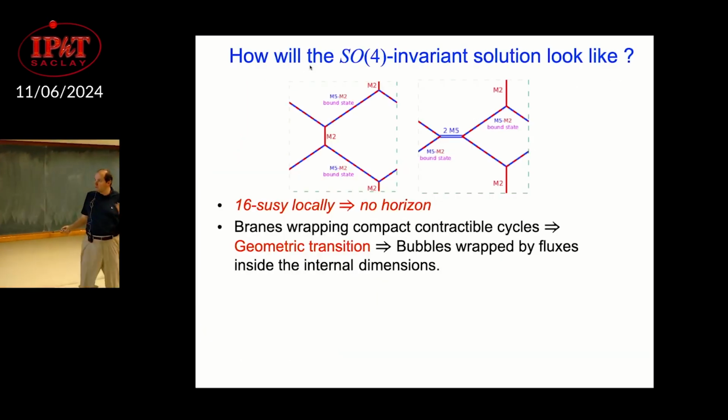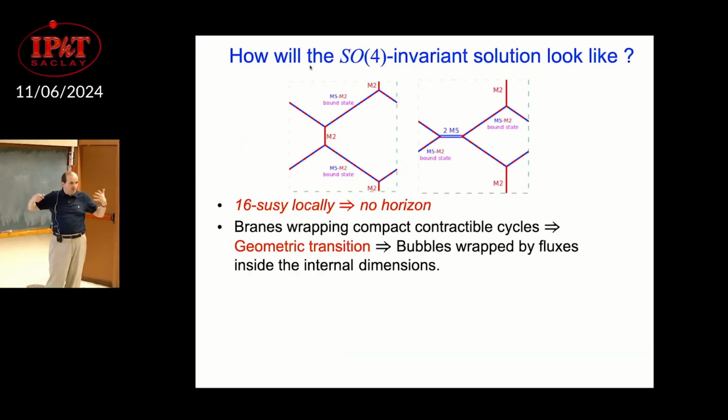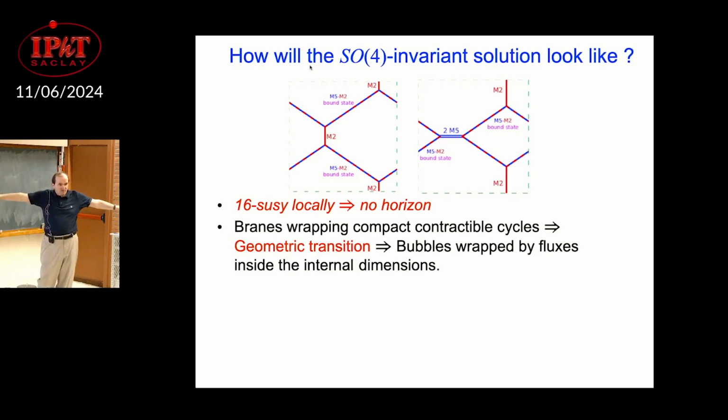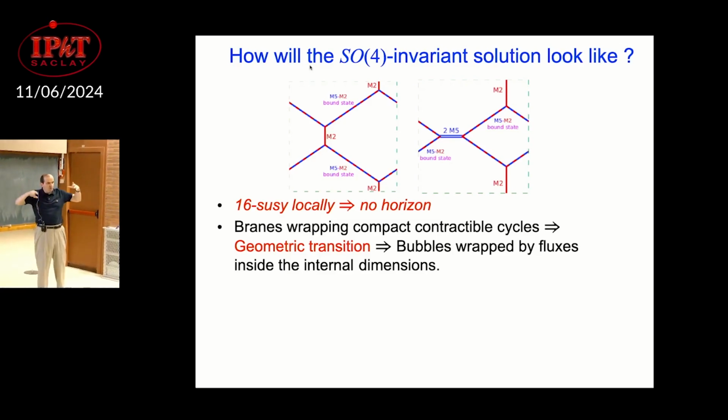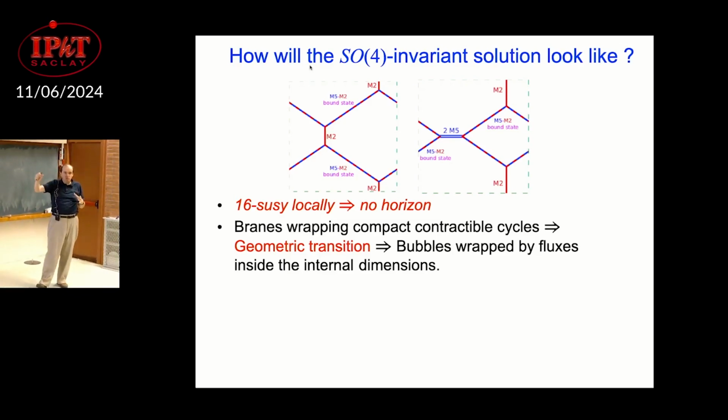so you can ask, okay, how do the solutions look like globally once you back react them? These M5s, because I have some M5s, the branes, when you back react, the M5s contract the direction they are wrapping. When you have a brane, always the metric parallel to the brane goes to 0. So when you have some system of M5s and M2s going on like this, for example, again, 16 supercharges locally, so there's no horizon. But when you have a brane here, for example, and you look at back reaction, there's something called the geometric transition. The brane actually goes to 0 size when you back react, and the dual cycle becomes large.